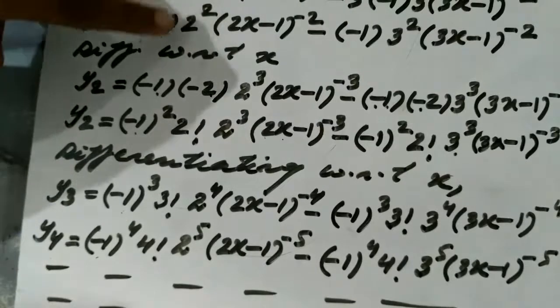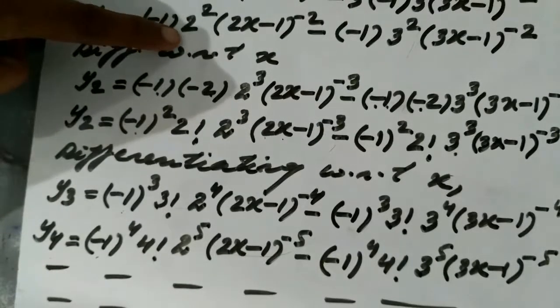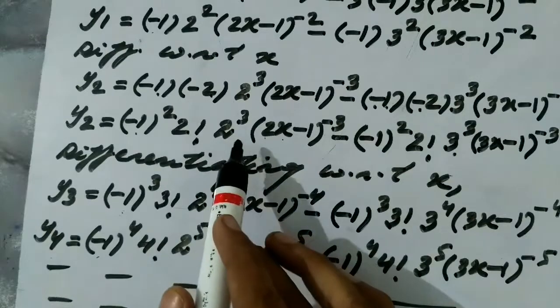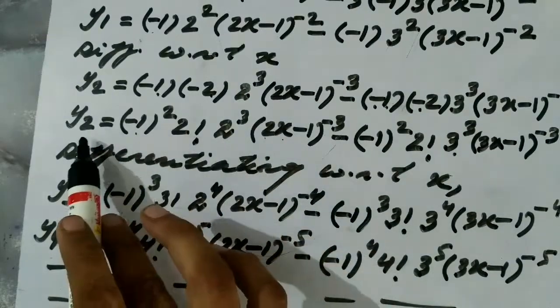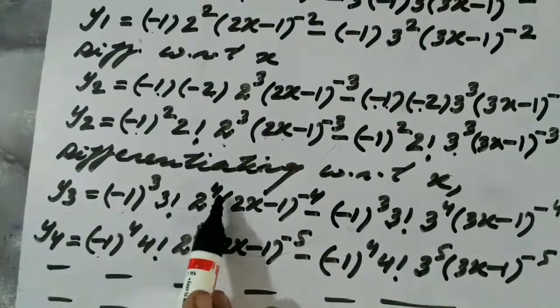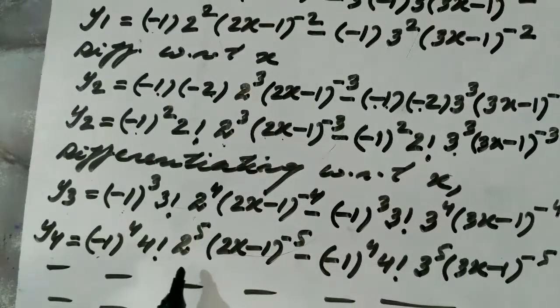Now in the first derivative, the power of 2 in the first term is 2. In the second differential, the power of 2 in the first term is 3. In the third differential, the power of 2 is 4. In the fourth, the power of 2 is 5. That means the power of 2 is the successor of the order of the differential. So in this way we can conclude that there must be